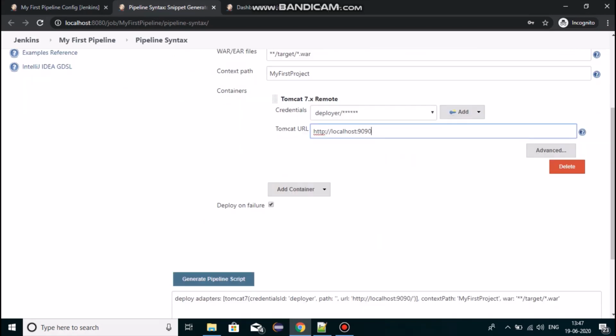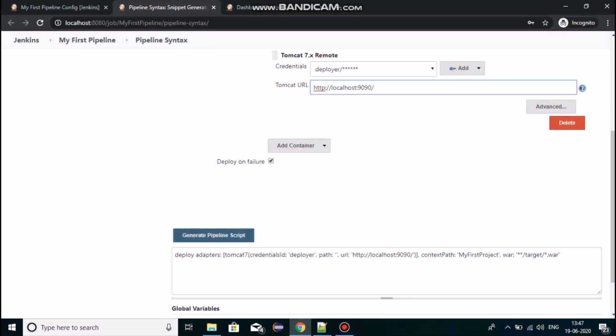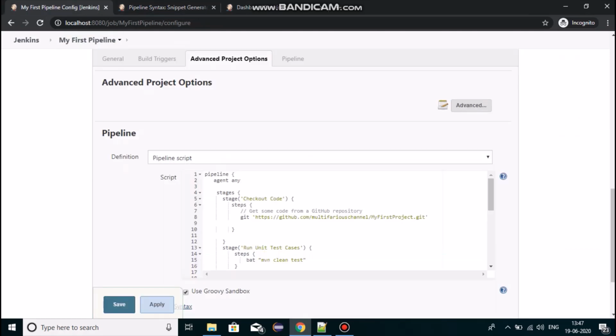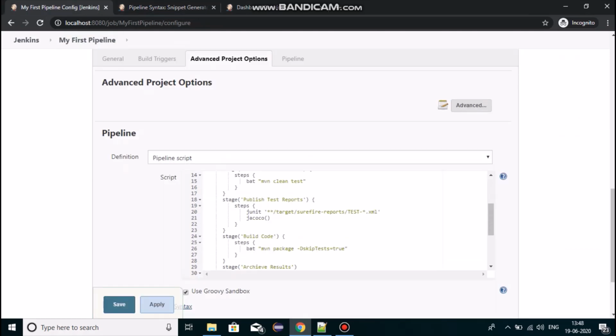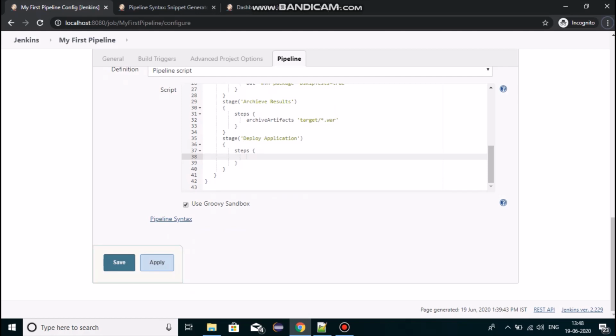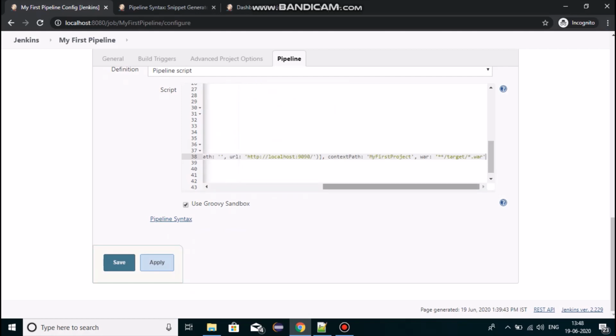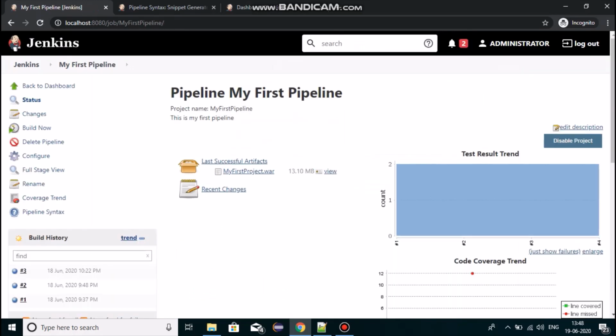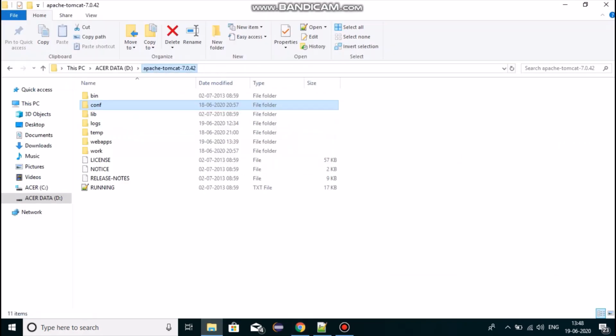So just click on generate pipeline script. Copy this script. Go to your pipeline now and just add it to your step. So I'm just pasting it here. This looks good. So just click on apply, save, and build now. So before building, I'll be starting my Tomcat server.